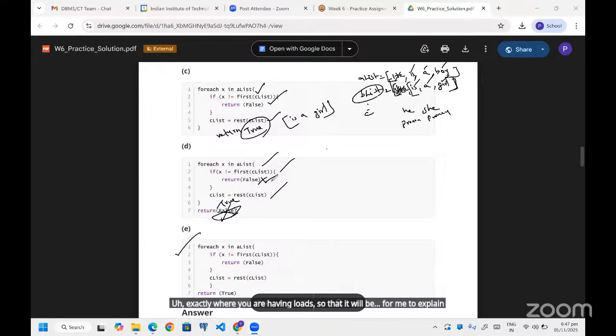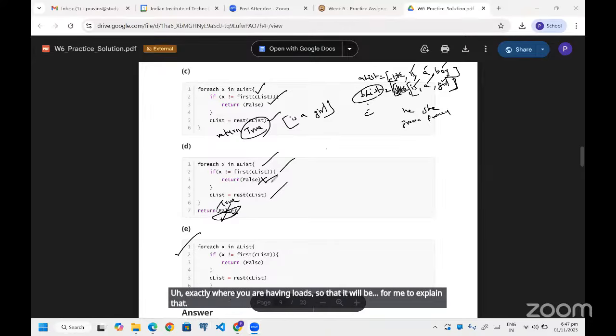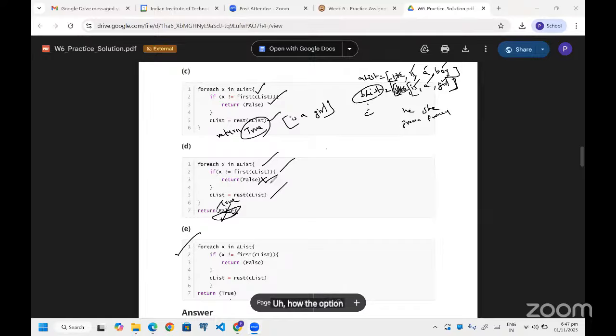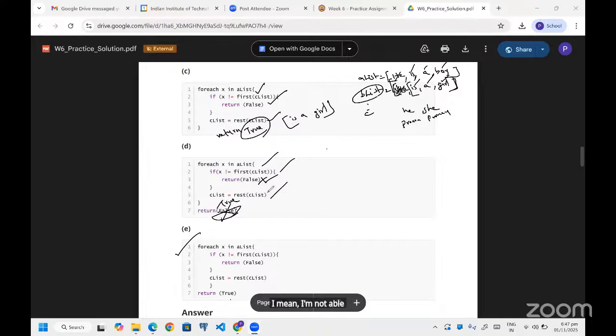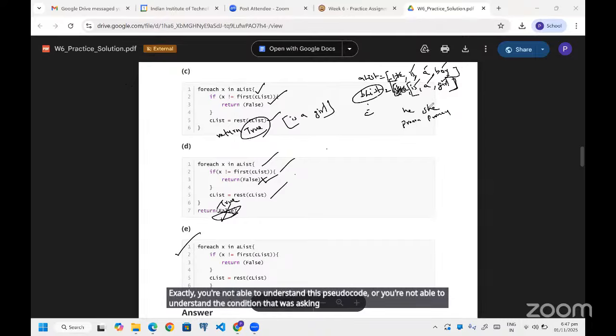Okay, how the correct option will match with the question, I mean, I'm not able to join these two things. Where exactly are you not able to understand, the pseudocode, or the condition that was asked in the question? Pseudocode, sir.